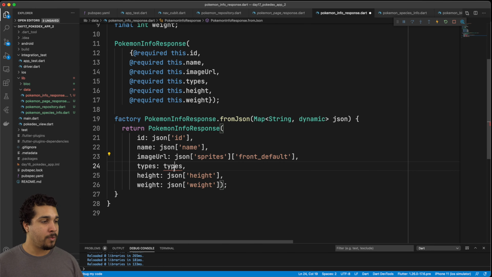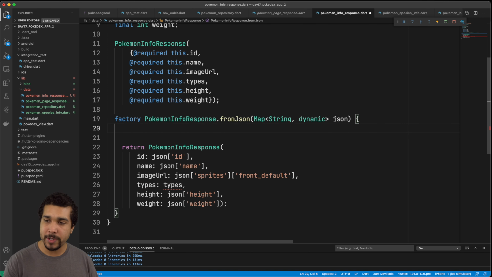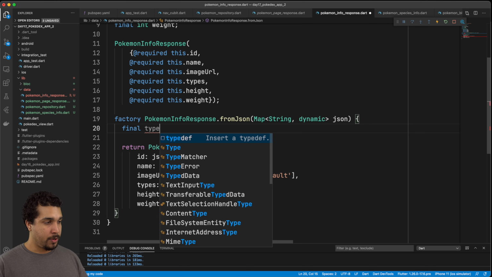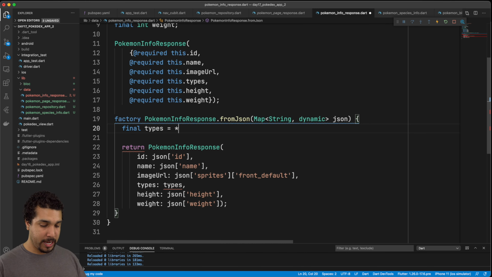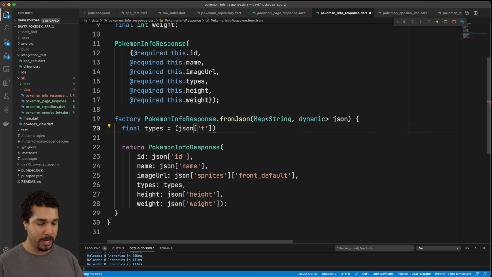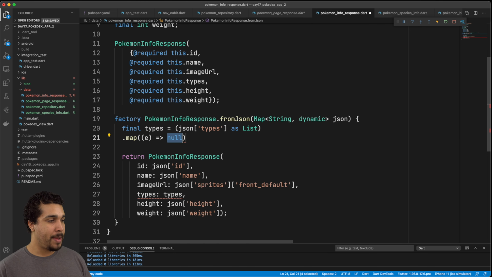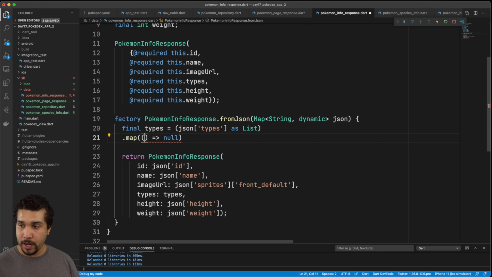So now what we need to do is actually parse out the type. This is the part that I wanted to slow down for because it is a little bit confusing. But what we'll do is go ahead and get the types, and just as we did before, we want to do the JSON, and we're going to get types, I believe. Yes, types, and we want to cast this as a list, because what we need to do is map over this and then convert all the objects inside of it into JSON and then parse out that JSON. So we'll do a map, and in here, this is going to be our typeJson,